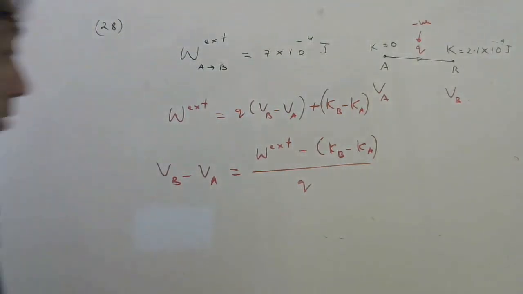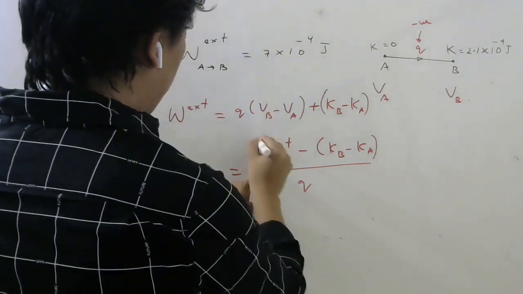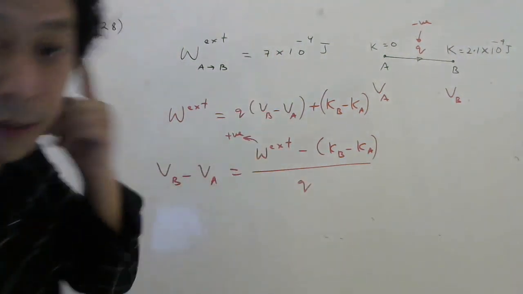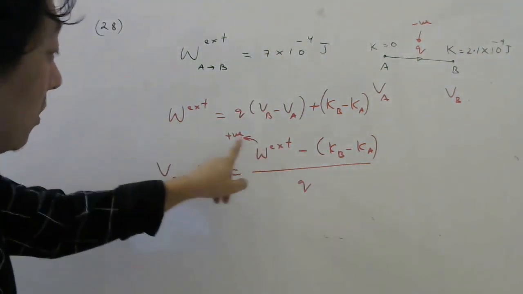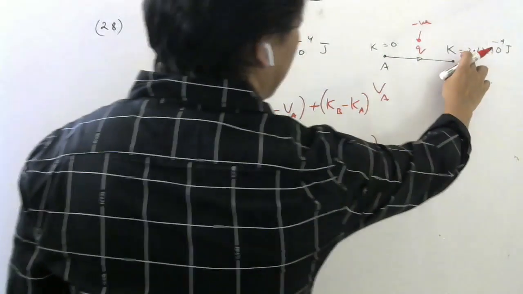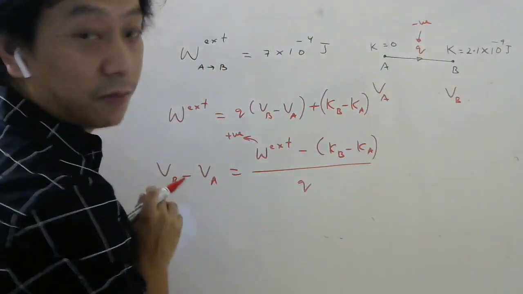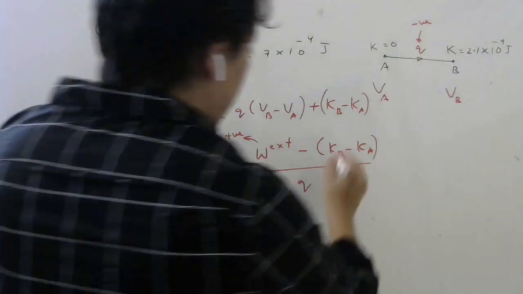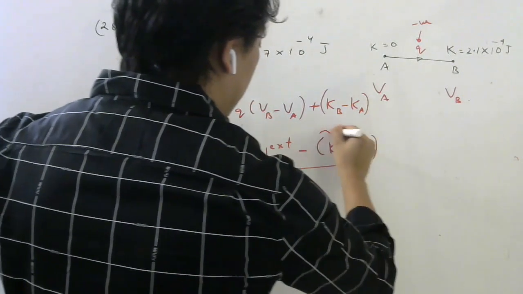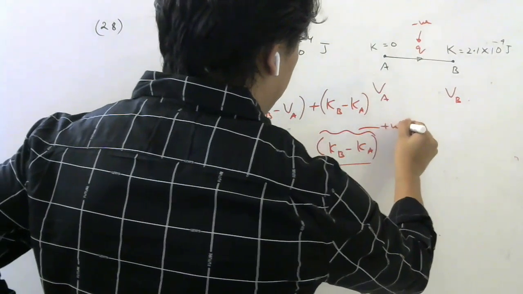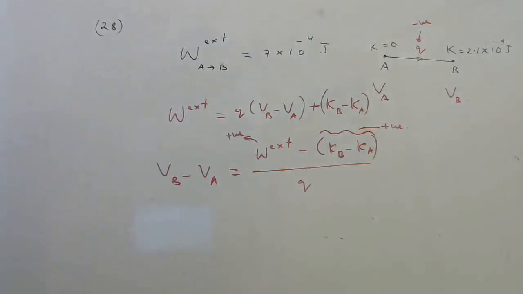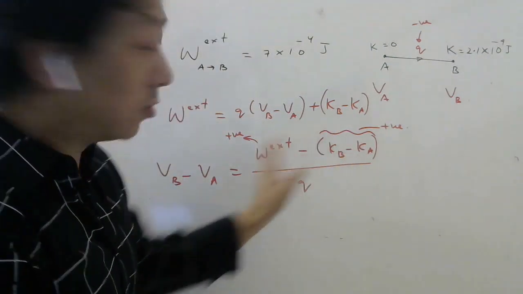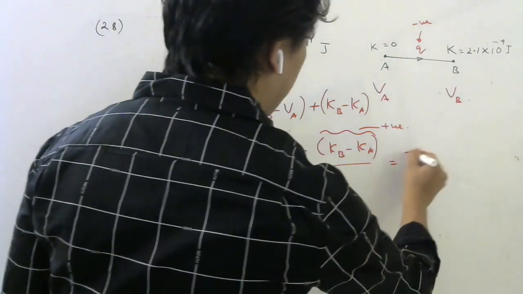Okay, so now look carefully. Work done is given as a positive number. Listen, 7 into 10 power minus 4. So work done is given positive. The final kinetic energy is more than the initial because initially it was at rest, they told. Yes or no, students? Okay. So this is more than this, so this quantity is positive. Right? So this is higher positive minus smaller positive, so this whole thing will be positive.